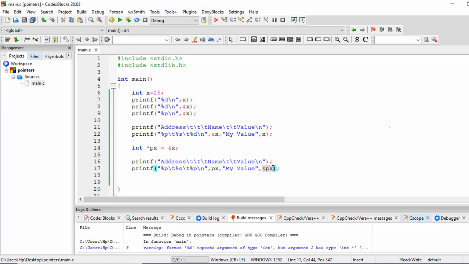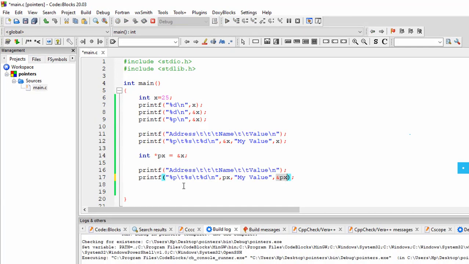With the help of &, this becomes the address of px. Initially it was px, which was also an address, but with the help of &, it becomes the address of px's address. px is already an address and this makes it an address of an address.